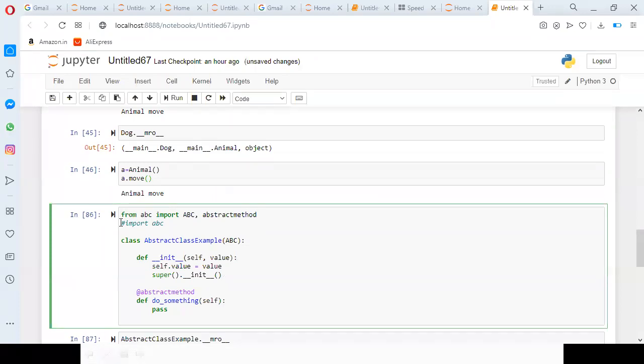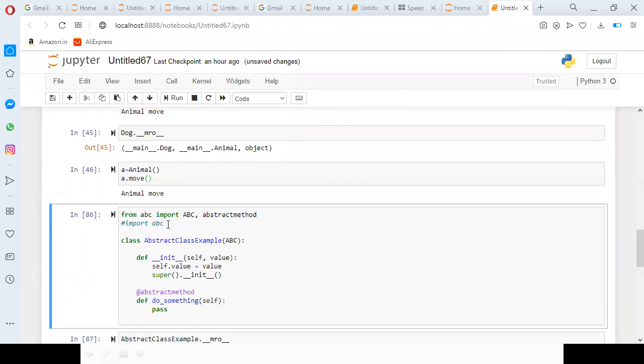From is a reserved word. If you want to get something from a library, you can use it. So the statement is saying that from library abc, we need to import the classes ABC and abstractmethod. And if you don't know which classes you may use, or you have many, not restricted to one or two, say some 10 or 11 classes, then simply go with import abc.